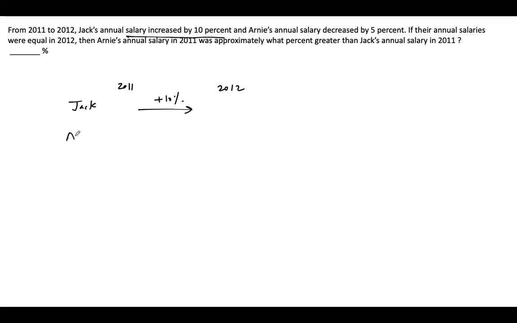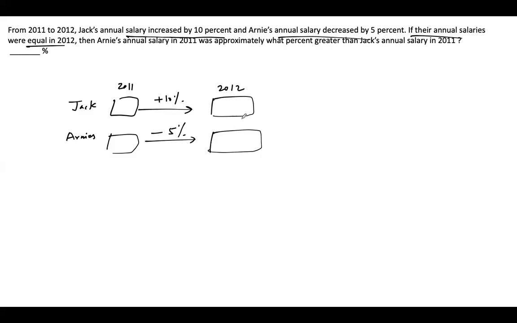And Arnie's annual salary decreased by 5%. So if you were to assume the value, first we'll read both the sentences. If their annual salary was equal in 2012, important information, that means these two boxes, the value is same. Then Arnie's annual salary in 2011. Just a sec. Now, as we have that these two boxes are same,